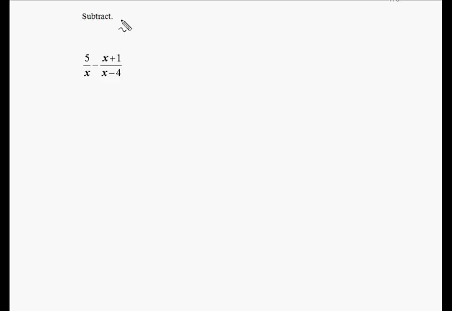Subtracting fractions. We need to be aware when there's subtraction between the fractions because we have to subtract everything in the numerator. But again, subtracting fractions is just like adding fractions. We want a common denominator. So we're going to factor the denominators, and since x doesn't factor, I'm going to stick parentheses there even though